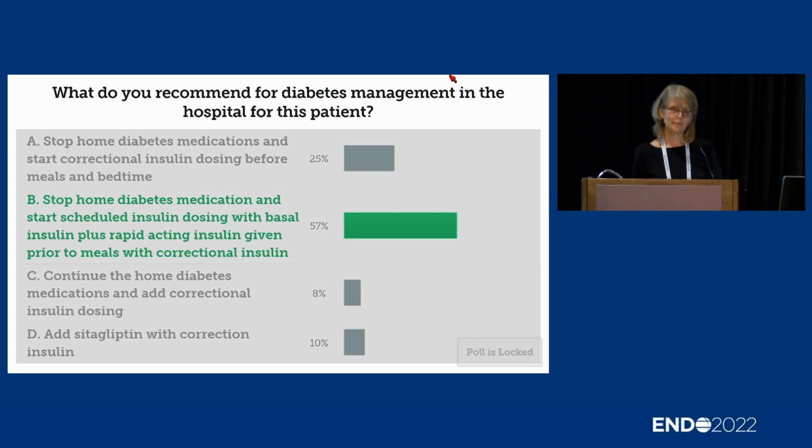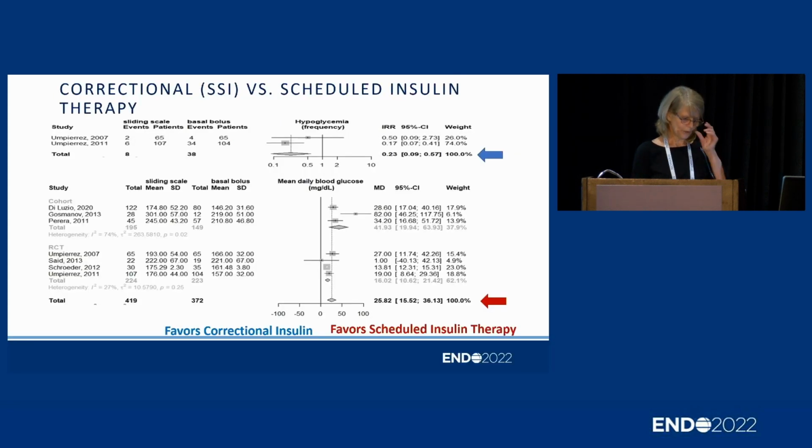And adding sitagliptin is certainly a consideration, but that is really reserved for patients with milder degrees of hyperglycemia who have persistent blood sugars less than 180. And just to guide you through where we were with this process now, I think, is this a pointer? Oh, okay, sorry. Okay, so these are the forest plots that were